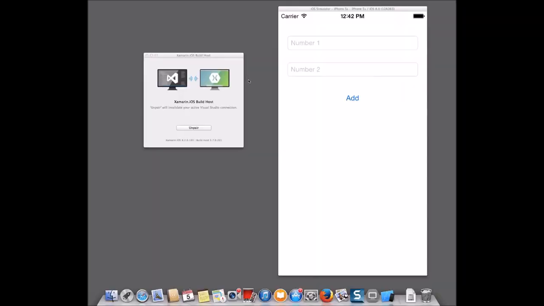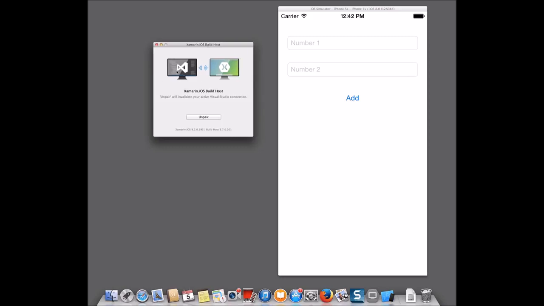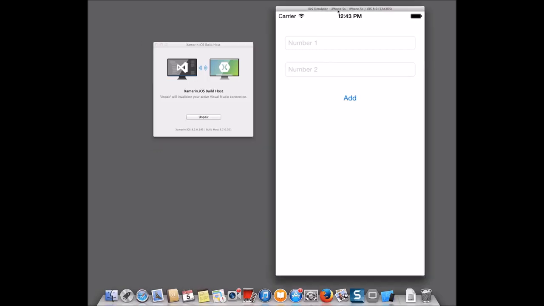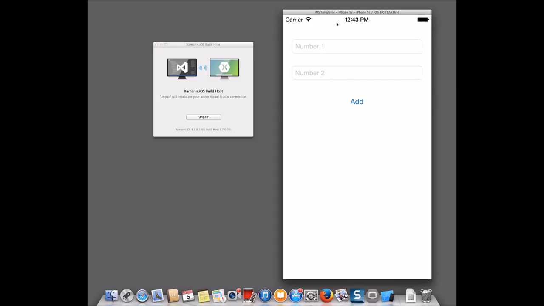Okay, so I'm now over on my Mac computer. And before I go over and look at the simulator and run the code to make sure it's working, I want to just take a look at the Xamarin iOS build host. So this is what I was talking about. If you're running Visual Studio on the Windows computer, you need to run this build host. And basically my Windows computer is connecting to this, and this allows me to actually write the iOS application on my Windows computer. Now when I hit debug, it automatically opened up the simulator and started running the program,